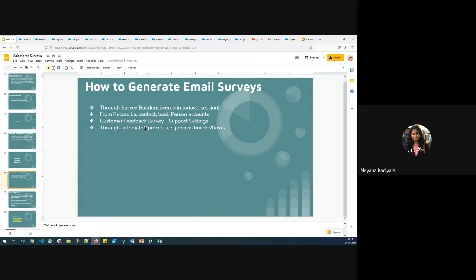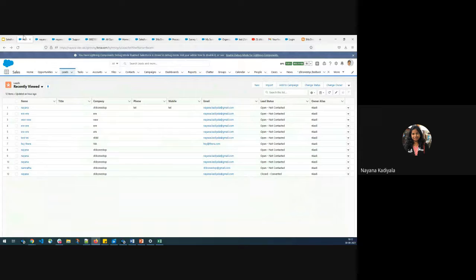We'll also understand how we trigger survey emails based on business criteria through automated processes like Process Builder or flows. So without any further ado, let me jump into my developer org and I have opened my leads.